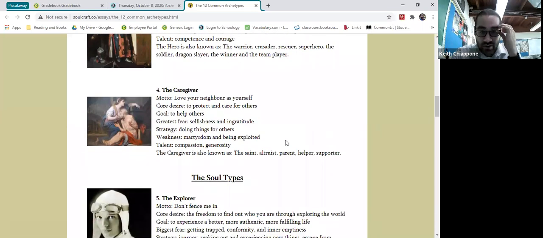The caregiver. This is a character who often associates themselves with the hero. They're somebody who gives them the emotional support that they need. In the Hunger Games, I'm thinking about Katniss's sister. She's kind of a caregiver. Although Katniss joined the Hunger Games to protect her sister, you'll find throughout the series that her sister does a lot really to protect her.